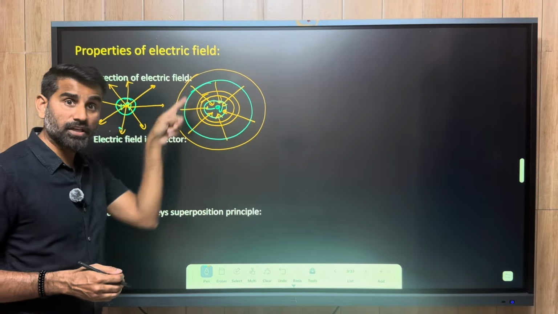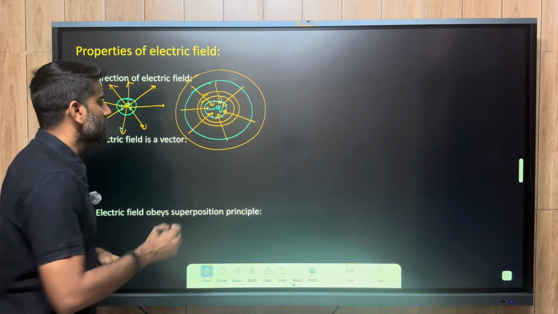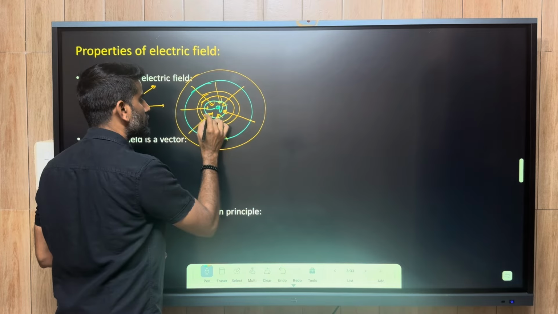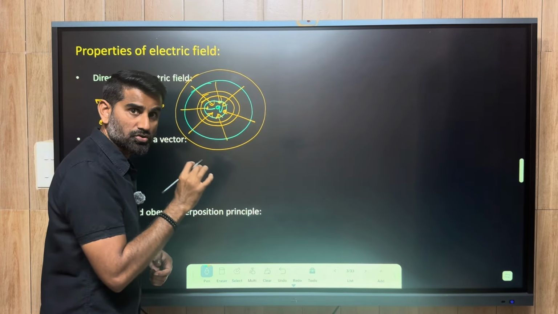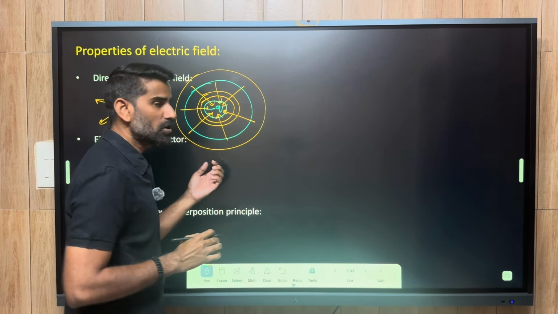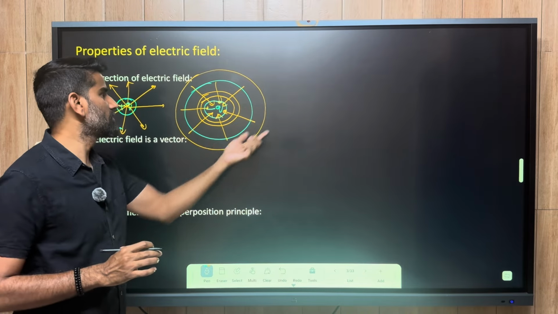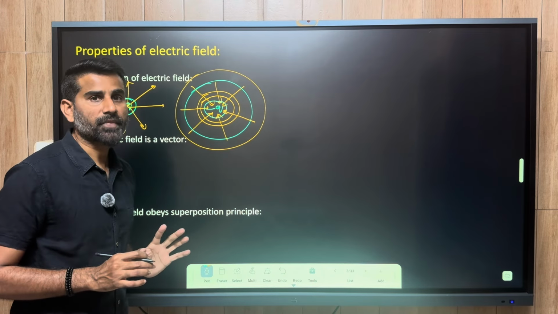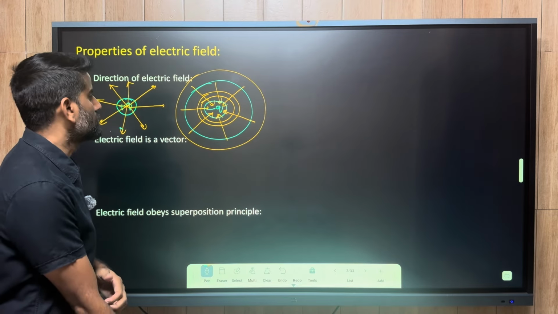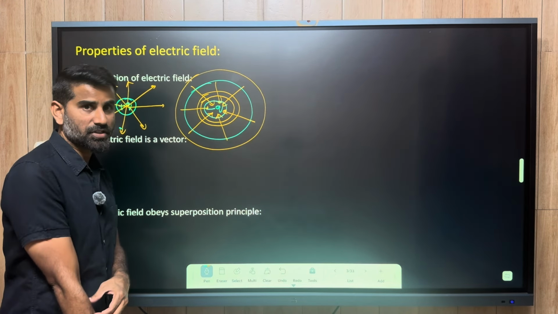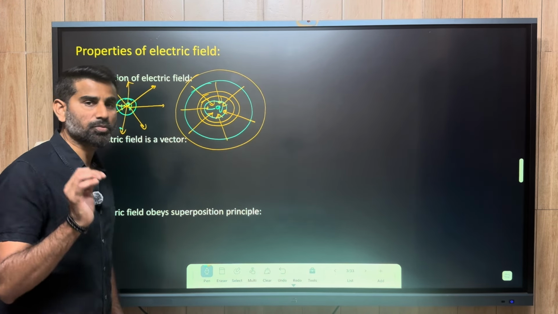I've shown these circles to show the strength of the field. Do not develop the misconception that these circles are the fields. No. Okay. Right. So we use lines to represent the field. Okay. Now the next point is,